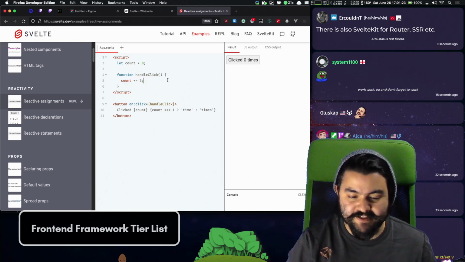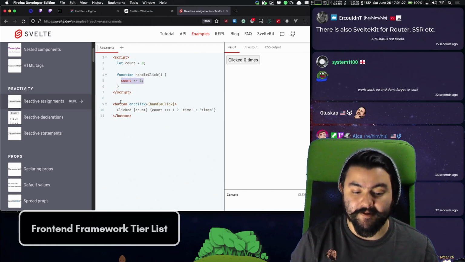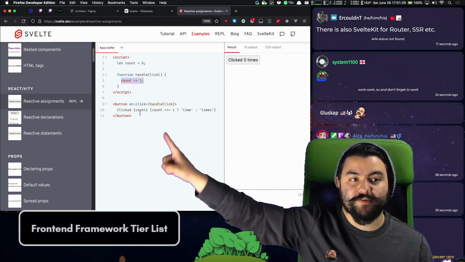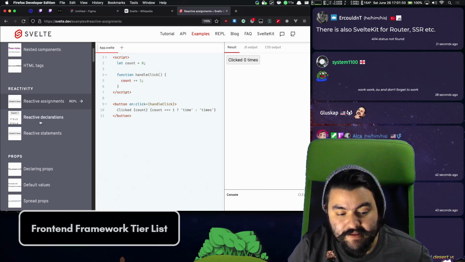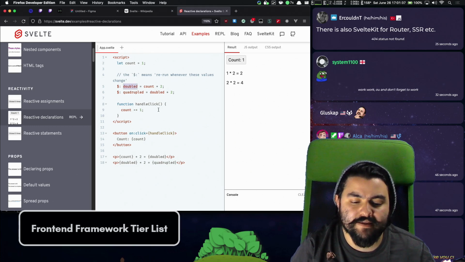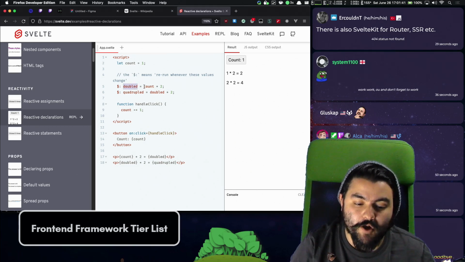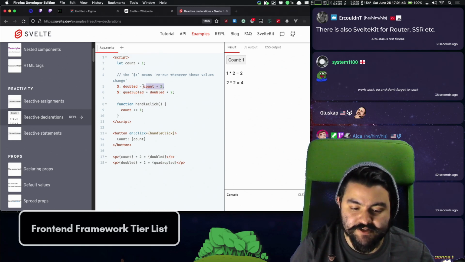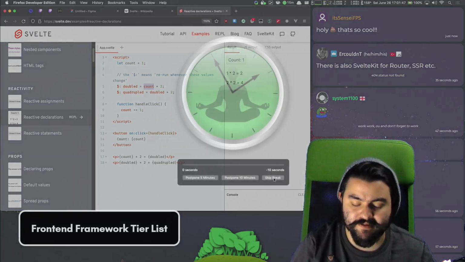It doesn't have to do anything special. It literally just modifies the variable. That automatically triggers the DOM manipulation code that updates this variable, and you're done. So that's it. You can also, in some cases, you might want to create, these are basically like computed properties. So you want doubled to always be the current value of count times 2. So if count ever changes, store that back into